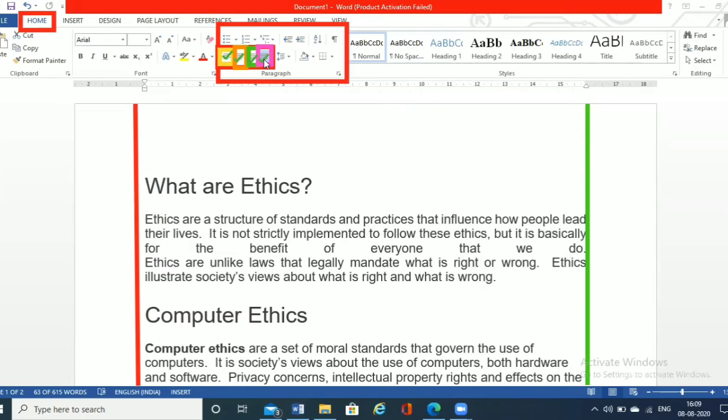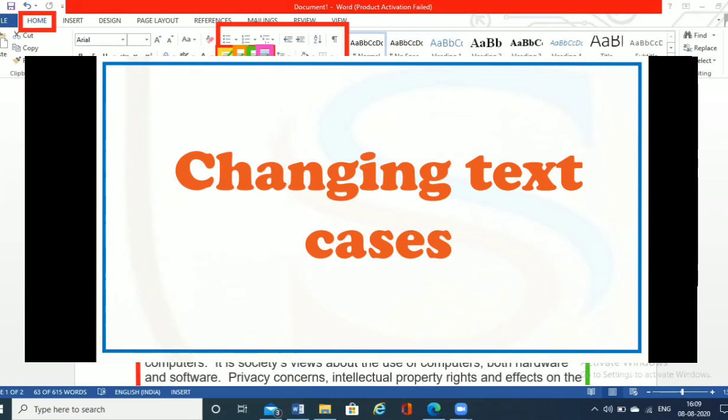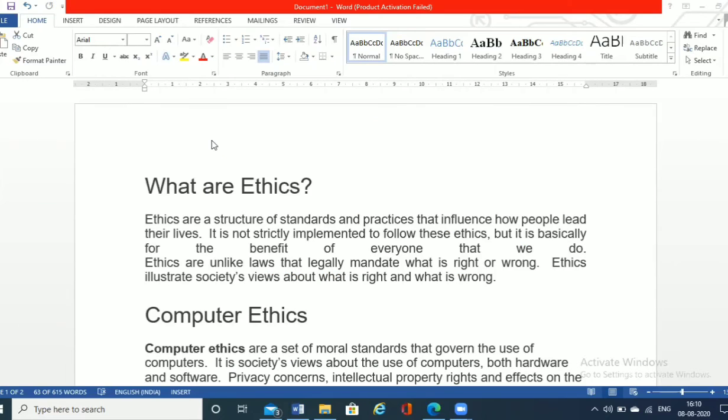Now moving forward, we'll be talking about changing text cases. What does changing text case mean? In MS Word, you can easily change the text case of the selected text.